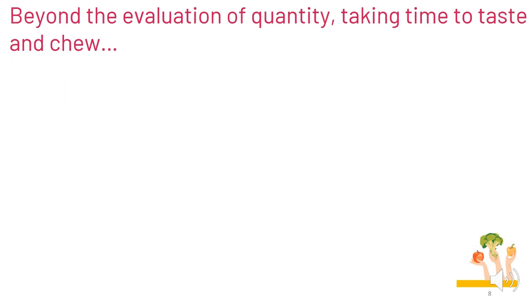Now we know the share of food families in a balanced diet, and we know how to assess the portion we need. Now, how can you control your portions when you are eating? Children are often rushed by adults when they are eating. Activity 3 will show them that it is important to take the time to chew and taste food so that they do not eat too fast and often more than necessary.